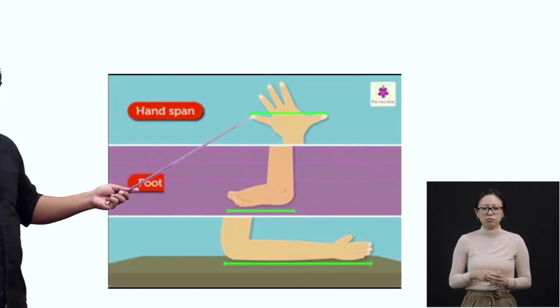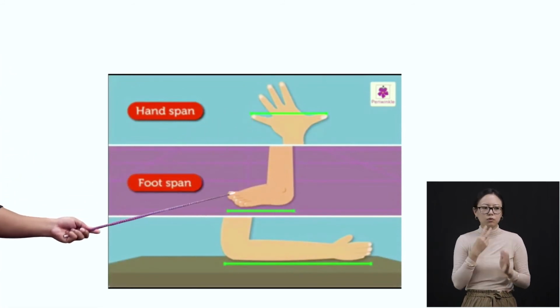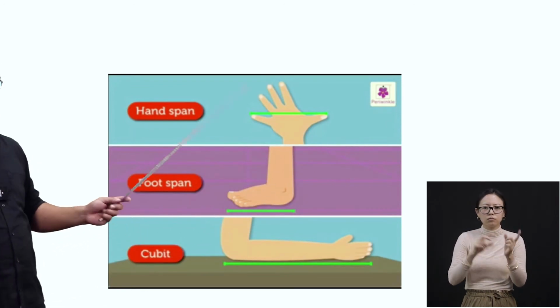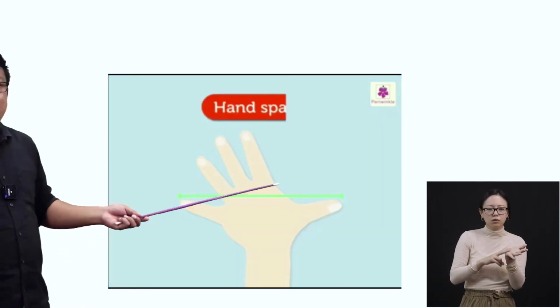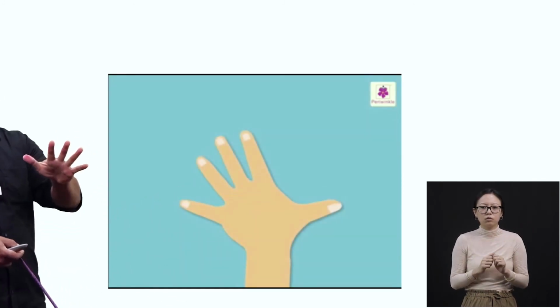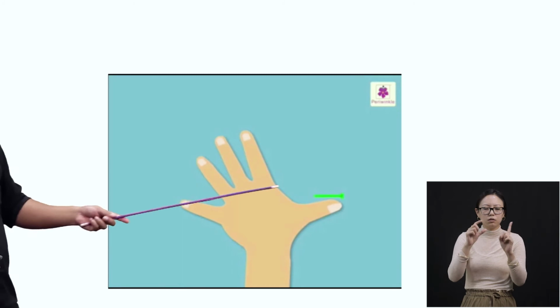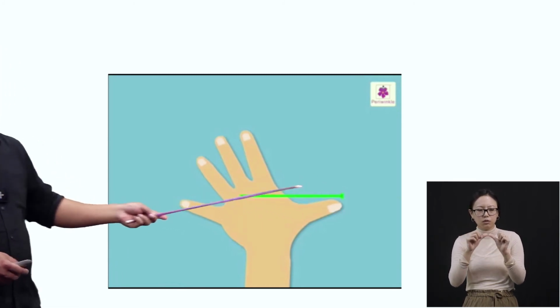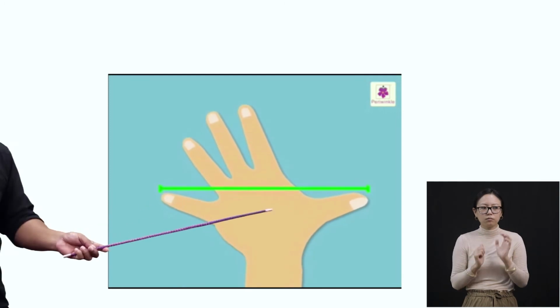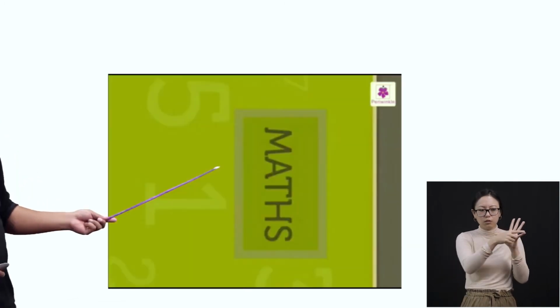This is your hand span, all right? This is your foot span, and this is cubit. We will learn about them one by one. The hand span, this hand span is how you spread out your hand in this manner. From the tip of your thumb to the tip of your little finger, this distance, okay? This distance is called your